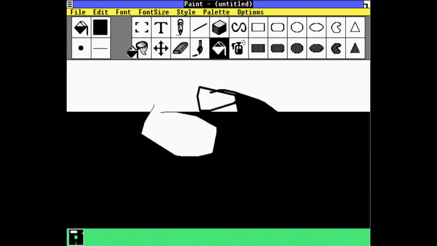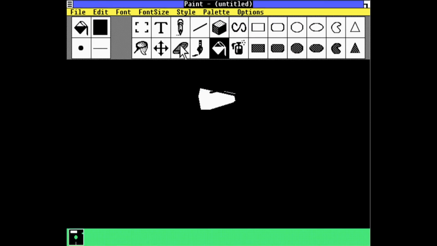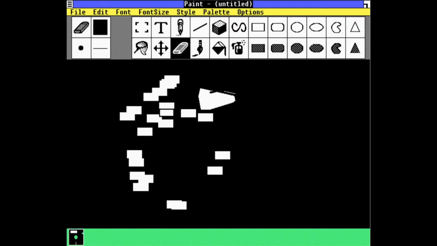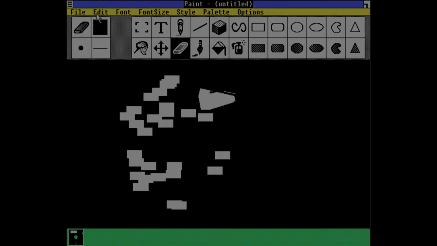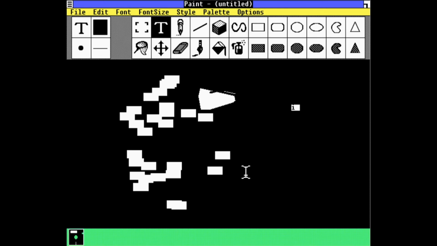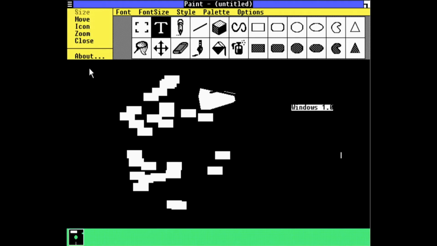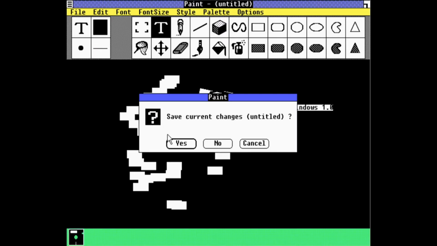You actually need really good specs for the time to run Windows 1.0. We can also type Windows 1.0. Oh, here it's not Windows 10 anymore. Okay, time to leave this program by going here and clicking close. And no, I won't save this masterpiece.